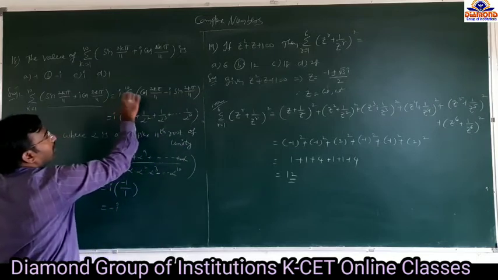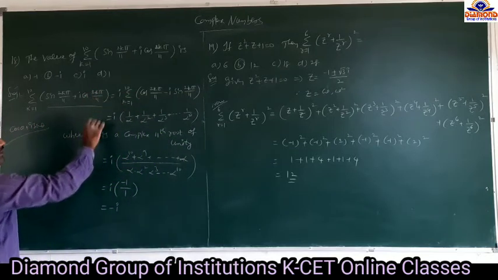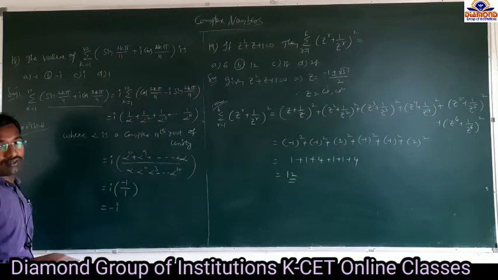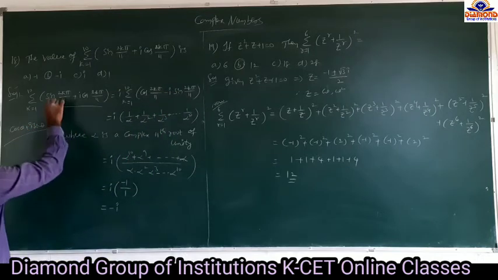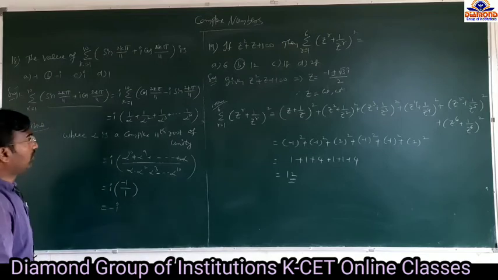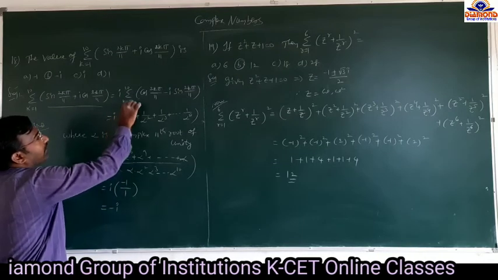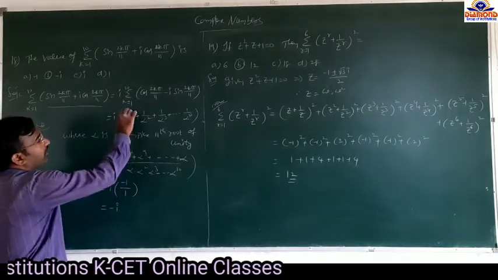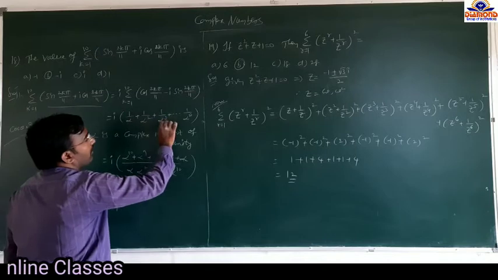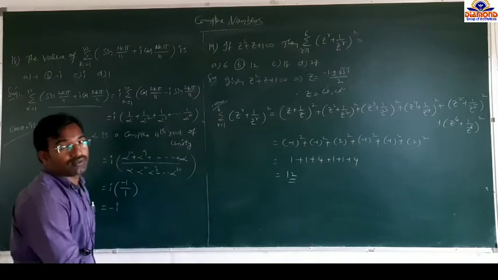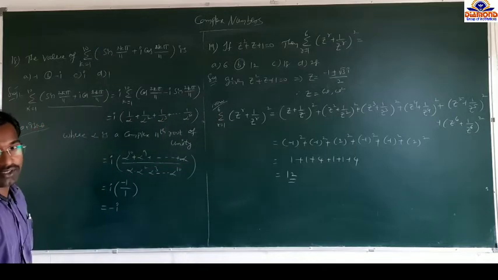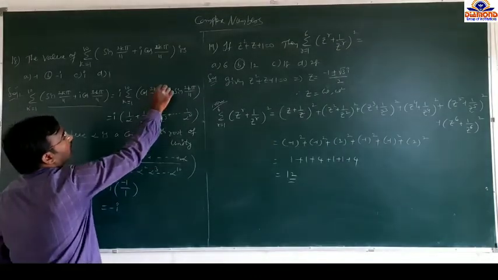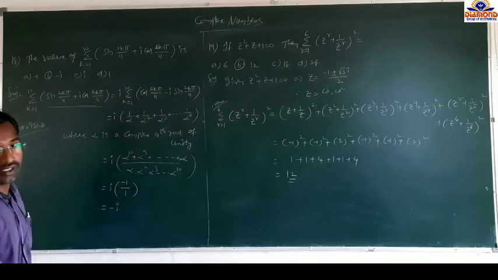If I multiply i inside, you get i cos 2k pi by 11, next minus i square into sin. I square value is minus 1, so minus times minus gives plus sin 2k pi by 11, and you get i. Next, it is just equal to i times summation for k equal to 1 to 10. If you substitute, what you get is 1 by alpha plus 1 by alpha square plus 1 by alpha cube and so on up to 1 by alpha power 10. Here alpha represents a complex number, the 11th root of unity, because k equal to 1 gives 2 pi by 11, next k equal to 2 gives 4 pi by 11, like that.